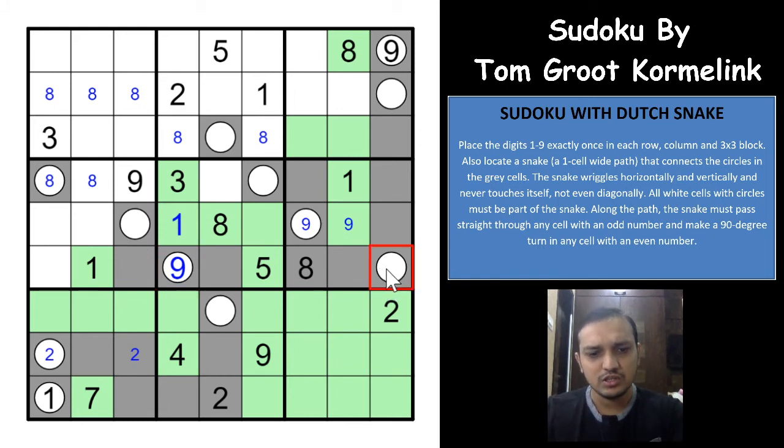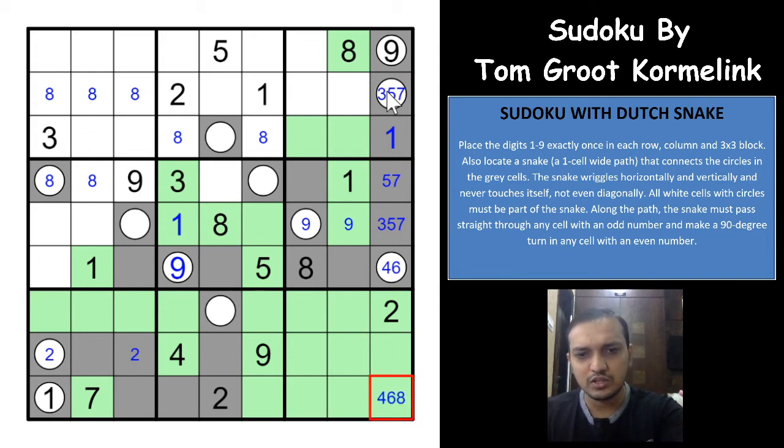This is a turn, so it would have to be either 4 or 6. All these 4 cells are straight, which means that all of these would have to be odd numbers. So these 5 digits are odd digits, and there is only one way for the 1 to go in that odd digit, that is this cell, and all others can be marked as other cells. 3 5 7 here, 5 7 here, and 3 5 7 here. 2 4 6 8: 2 is here, 4 6 8, 4 is here, 2 is here, and this would have to be 6 and 8. This is a straight cell, so it would have to be 3 and 7.